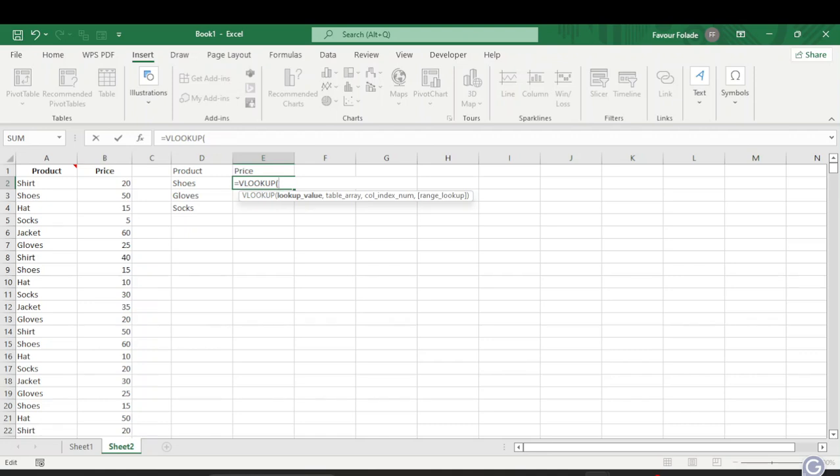The lookup value here is the shoes. So you just click on the shoes and it brings up D2. That's because shoes is under D2. Okay, then you put a comma,